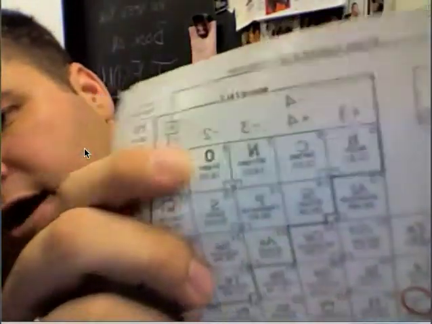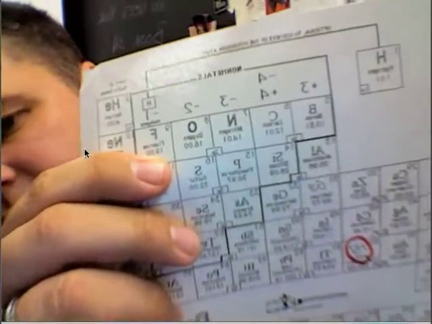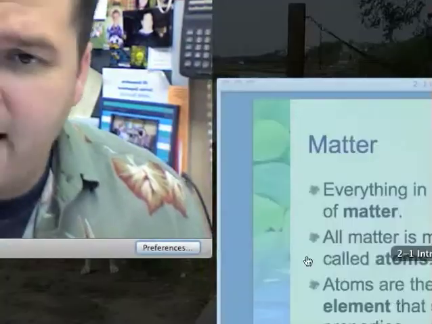All right, but basically speaking, to find out the number of neutrons, we take the number of protons, in this case 9 for fluorine, and we subtract it from the mass, 19. 19 minus 9 is 10. That gives us 10 neutrons. And remember that the electrons, which we're getting ready to talk about, weigh almost next to nothing.